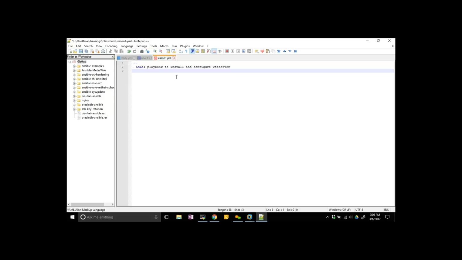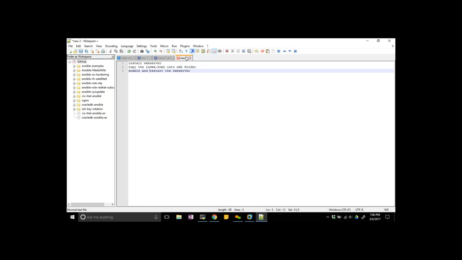What we are doing right now, let's outline the script. First we are going to install the web server, copy the index.html into the web folder, and restart the web server.